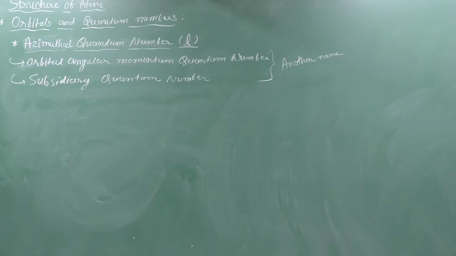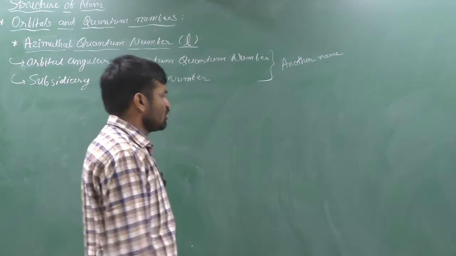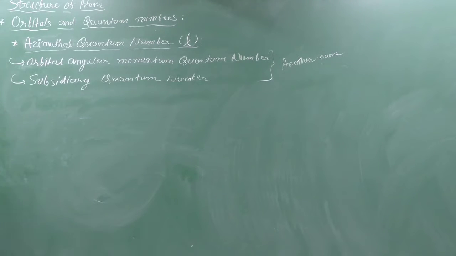If the concept is clear according to the orbital and quantum numbers, then it is very simple to know about the electronic configuration and so on. Clear? So it is very important. First of all,